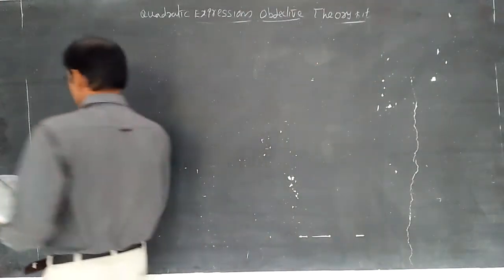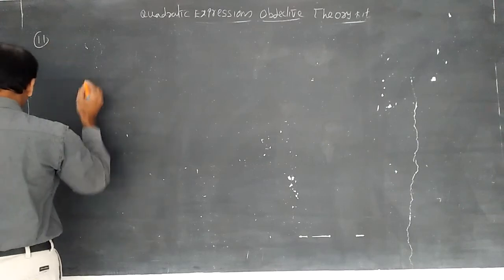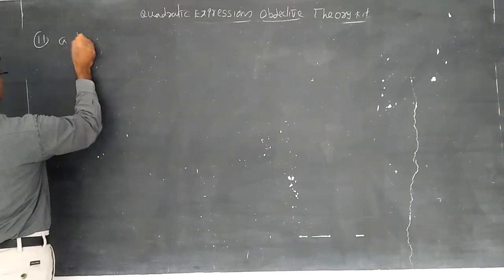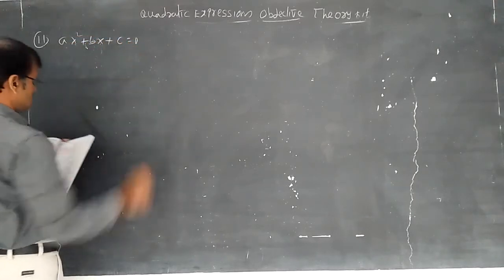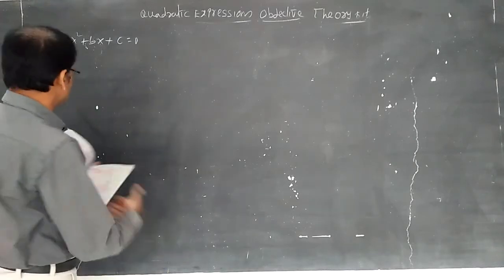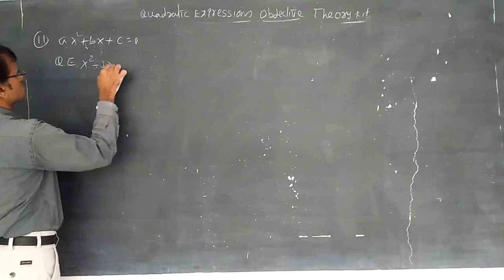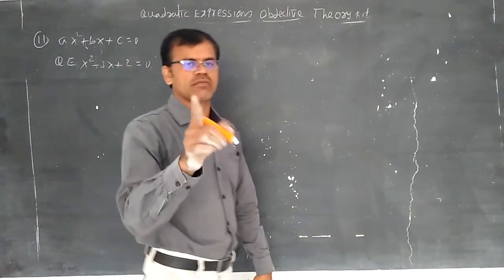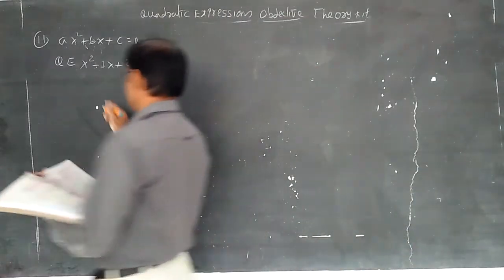Eleventh question. I think in the synopsis we have discussed 11, 12, 13. Both roots of the equation are positive. Let us take ax square plus bx plus c equal to 0, and take an example as a shortcut. Writing the QE x square minus 3x plus 2 equal to 0. Students, we know that 1 comma 2 are roots of this QE, so both roots are positive.